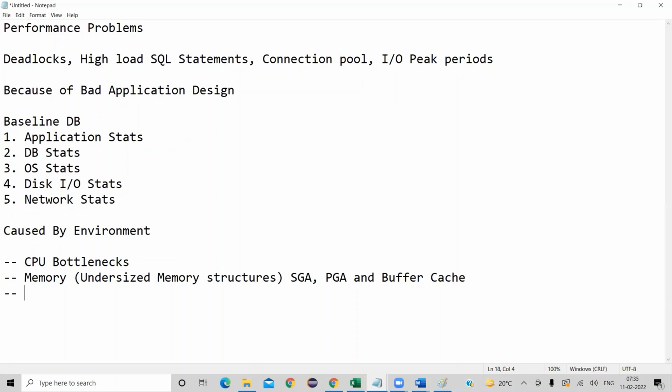Some bottlenecks pertain to IO, like a lot of reads and writes happening on the server side. This is the most important point. Whatever someone has explained just now, this is the most important point. Whatever the IO is, the reads and writes on the database are very, very crucial. The disk IO has to be treated with utmost